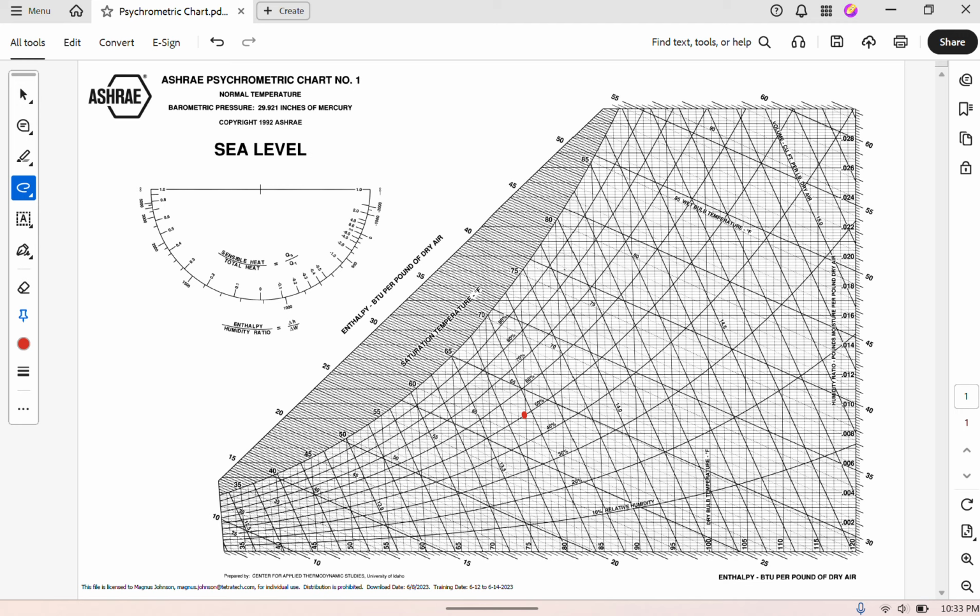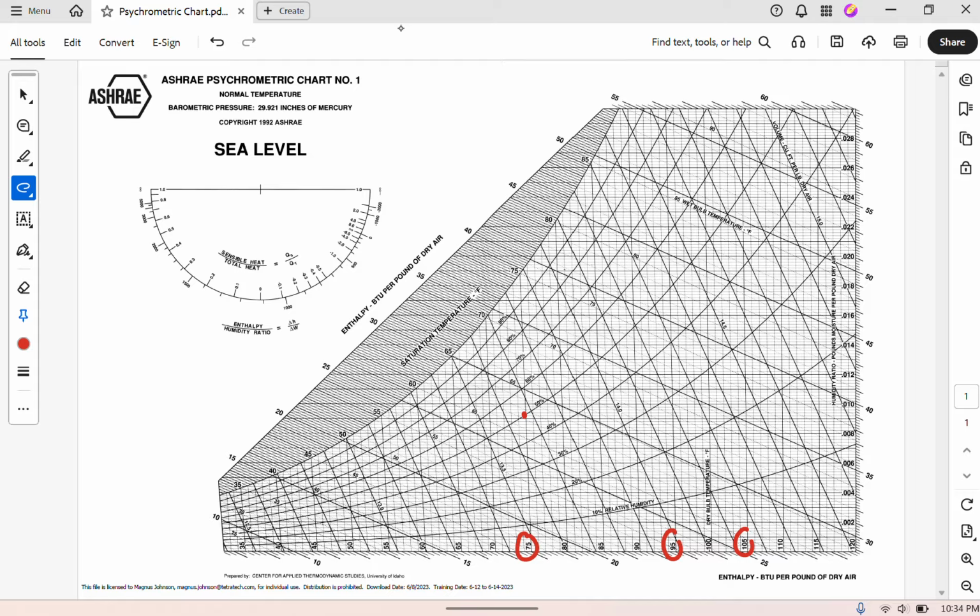So let's take a look at a heating process first. This is a sensible only heating process. In heating, we're moving to the right on the dry bulb line. If you recall from the last video, these numbers down here are the dry bulb values. As you can see, they get higher as you move to the right on the axis. Adding heat to the air will obviously increase the temperature, and so you're moving in a rightward translation on